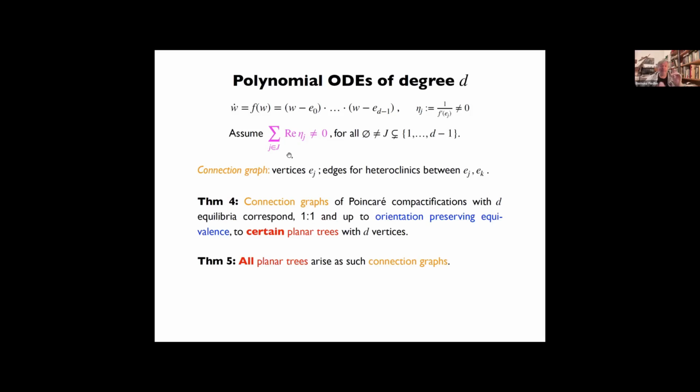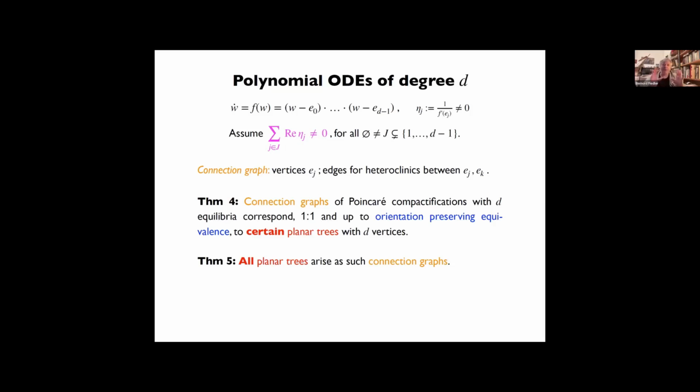So all finite equilibria are hyperbolic. They are either sources or sinks because we are in complex dynamics. But it also excludes heteroclinic connections between boundary saddles. So under this assumption, a generic assumption certainly, because we can prescribe eta_j arbitrarily,